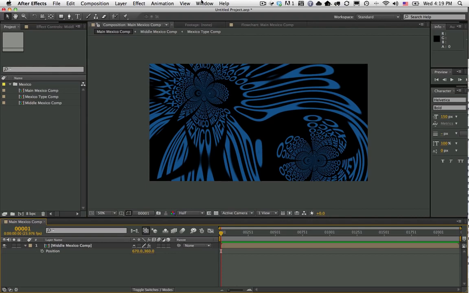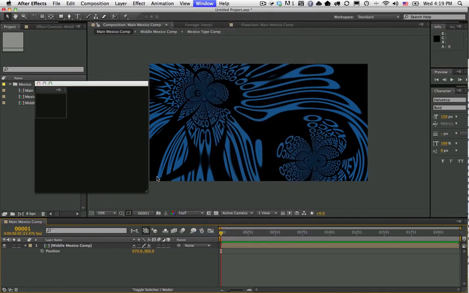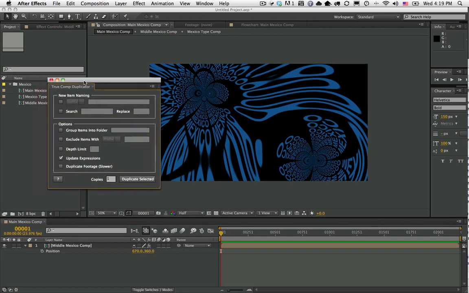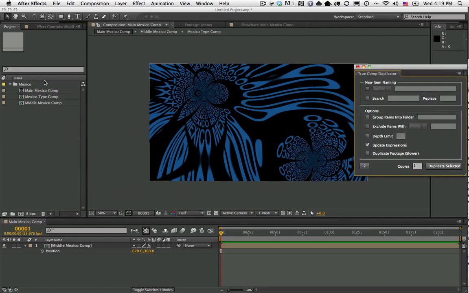Hi, and welcome to this demo of TrueComp Duplicator version 3.0. In this new version, you have a lot more options as to what you can do with your duplicated comp structure. So very quickly, what TrueComp Duplicator allows you to do is duplicate the entire hierarchy of your comps and